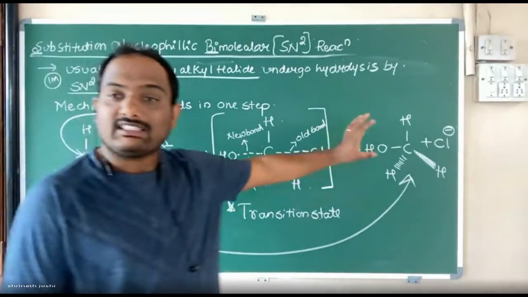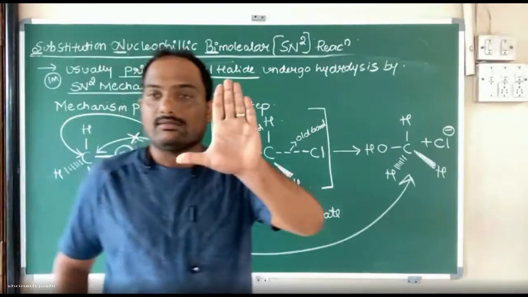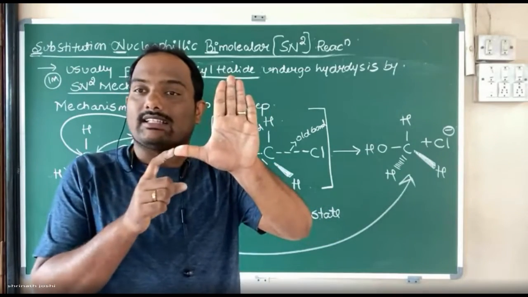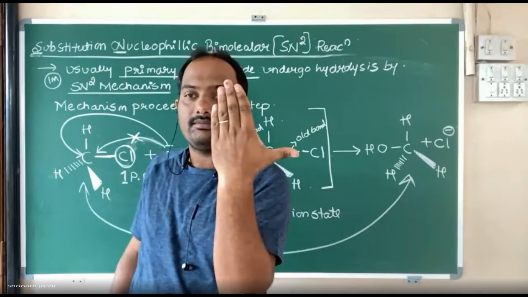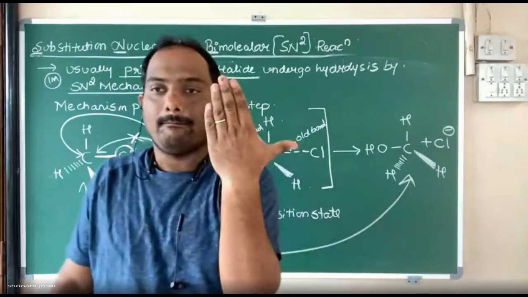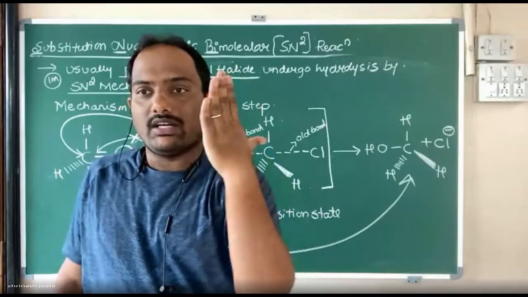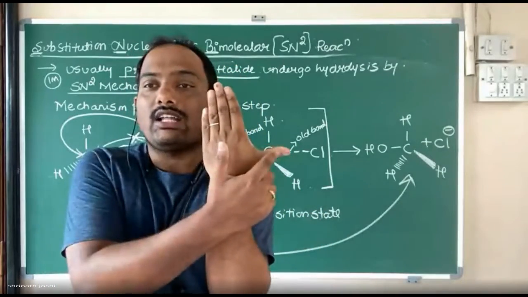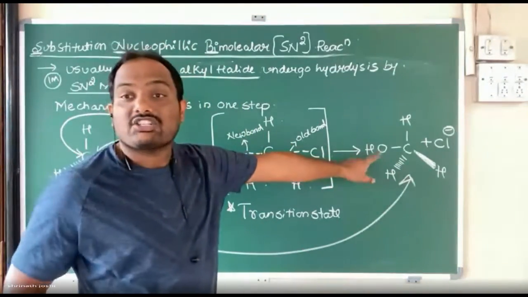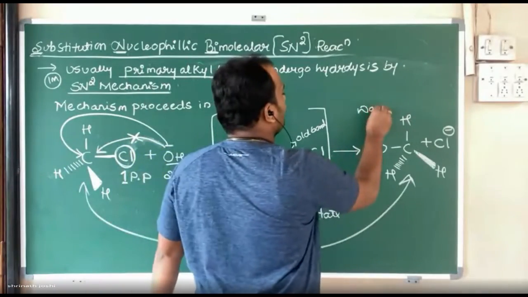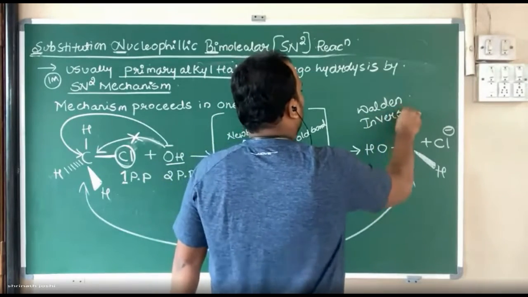Then can I say there is a perfect inversion? Earlier it was like this. See, this is your Cl. Earlier it was like this. Now the product, there is no change. I think you got it like this. Am I right? Yes or no, students? Tell me. Earlier it was like this. See my hand. Imagine this is Cl. I invert it, rotate it. Then you get OH on the right side. Am I right? Then can I say this is perfectly inverted, and that inversion in the configuration can also be called Walden inversion, not Hostel-Walden. It is called Walden inversion.